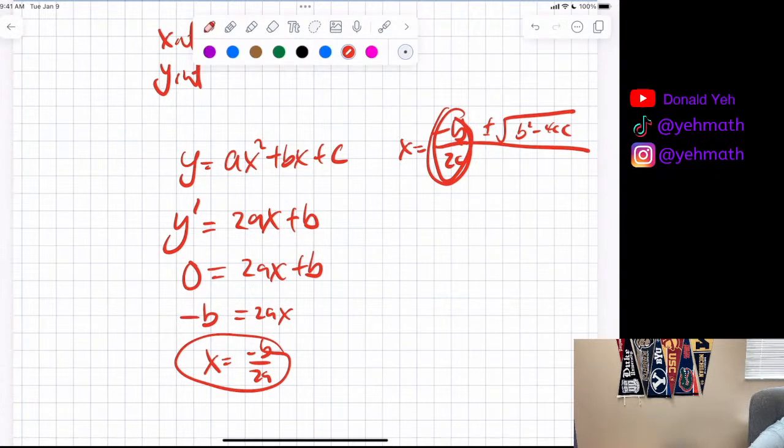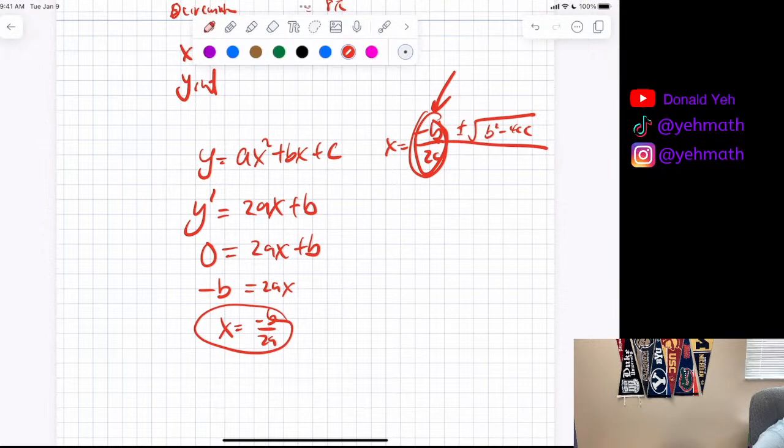It's the same situation as calculus, but with quadratics, they prove the negative b over 2a. A lot of people had to memorize where the vertex is. It's negative b over 2a. Or you can take a derivative and set it equal to 0. Min is, that's a really good application.